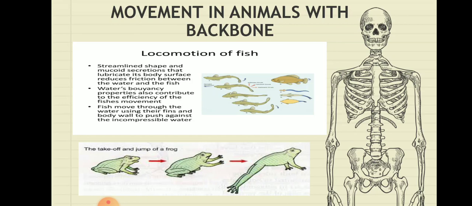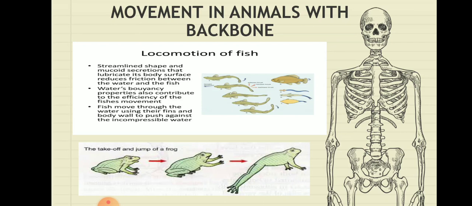Then the next organism is the frog. Now we all know that frog is an amphibian. It lives both on land surface and even inside the water. It has two pairs of limbs. Now limbs are the legs, upper limb and the lower limb. Upper limbs are the ones which are present on the upper side of it, and the lower limbs are present on the back side. So they have in all two pairs of limbs which help them